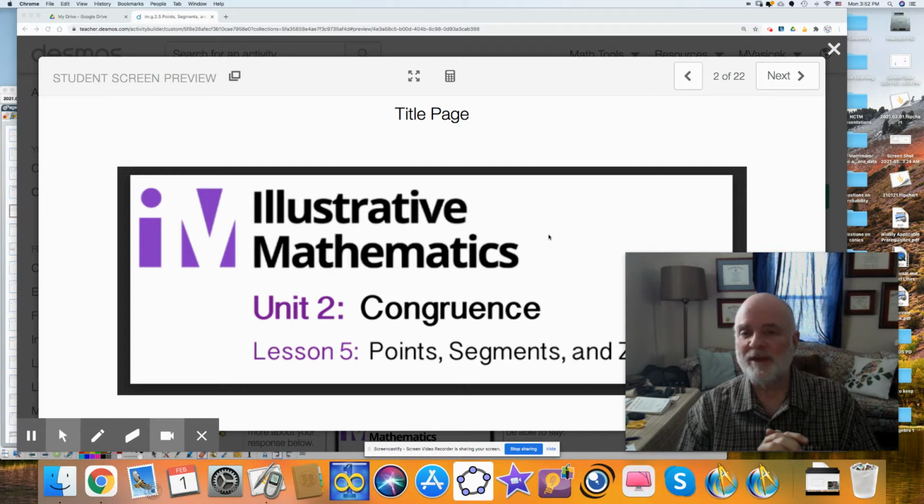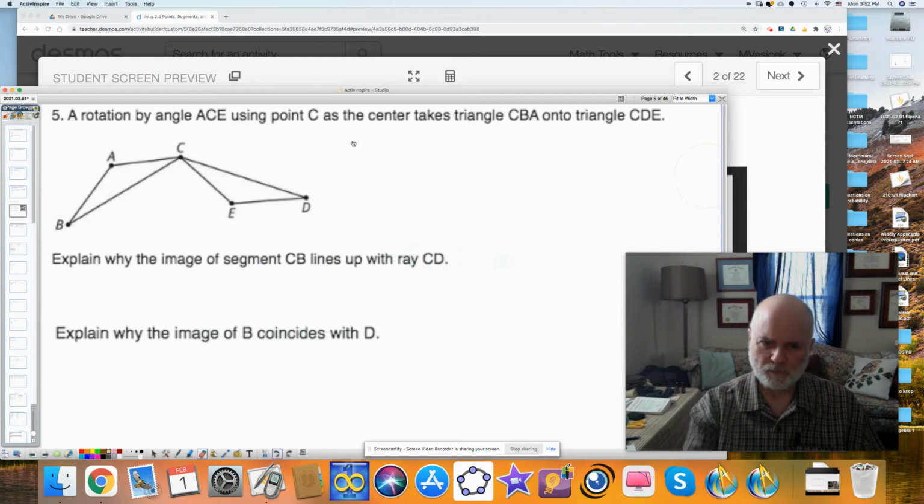Points, Segments, and Zigzags. And before we get into the lesson itself, I'd like to go through one of the homework problems, which will play an important part in what we're talking about today. One of the homework problems from the previous section extends into what we're going to be talking about today,